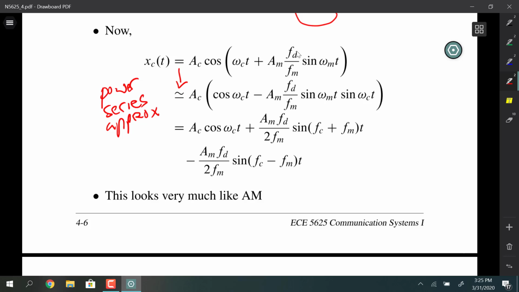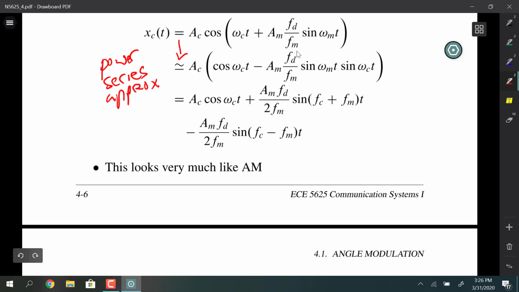So we're just keeping the first two terms of the power series, and then we end up having a carrier term and upper and lower sidebands. But the upper and lower sidebands are on a sine carrier, and they're of opposite signs. So we have another peculiarity in this narrow band. We have a plus sign at the frequency below the carrier, and then we have a minus sign at the